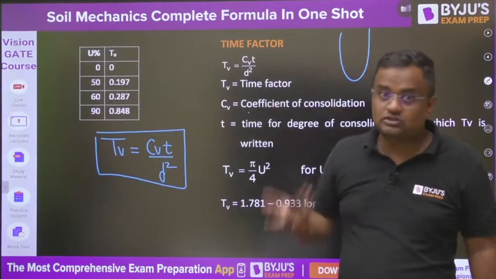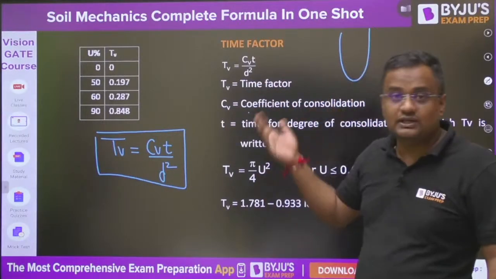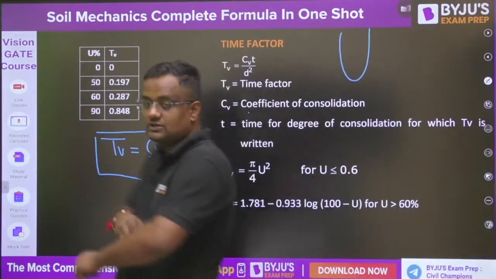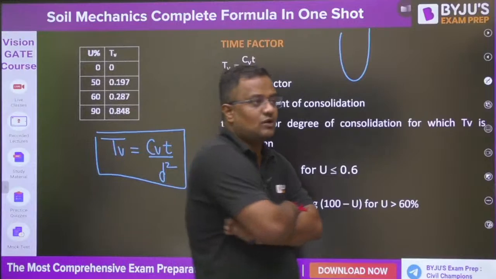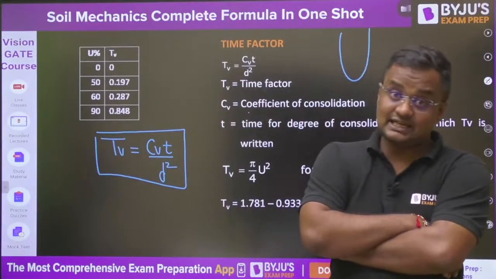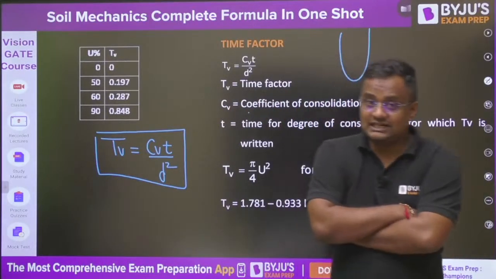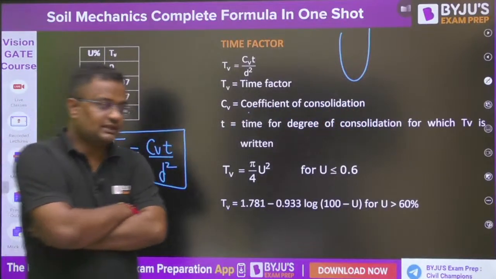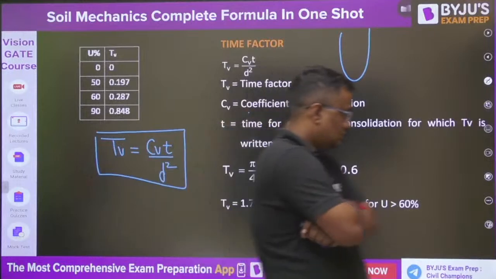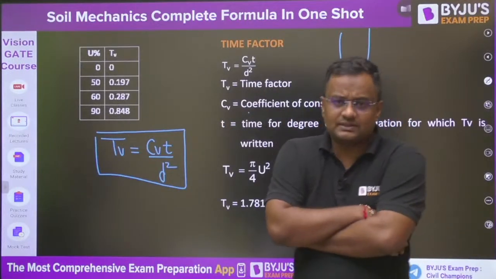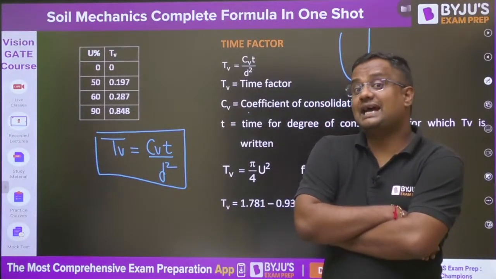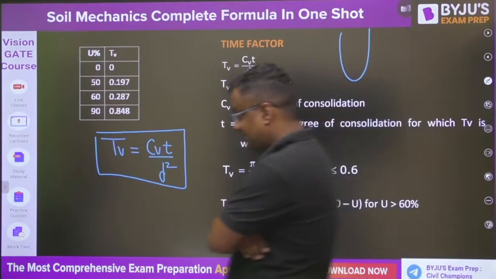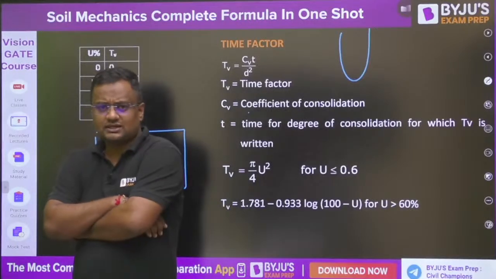Consolidation takes place over 3 years, 4 years, even primary consolidation takes 3, 4, 5 years like this. Suppose till now the settlement is around 5 centimeter and total it has to be 10 centimeter. So how much is the degree of consolidation? 50%. If total settlement has to be 10 centimeter and till now 4 centimeter has been done, so 40% consolidation has occurred.